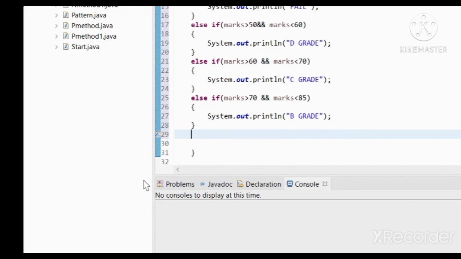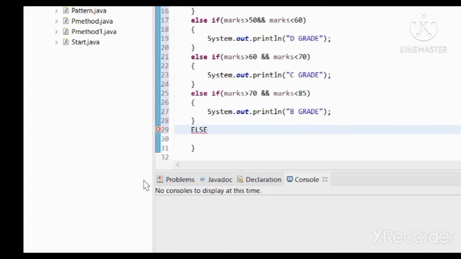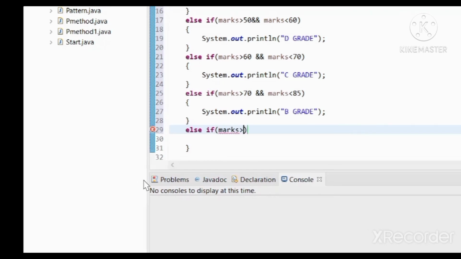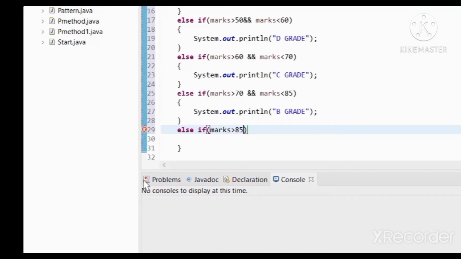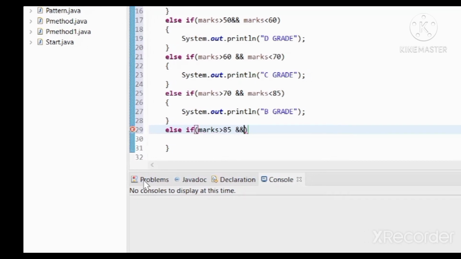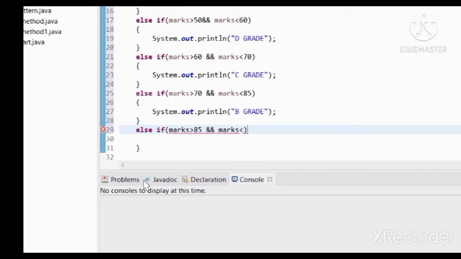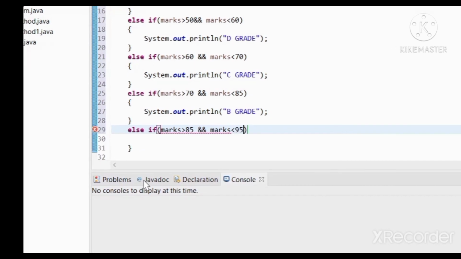After that we are taking one more else if, with the condition marks is greater than 85 and marks is less than 95.